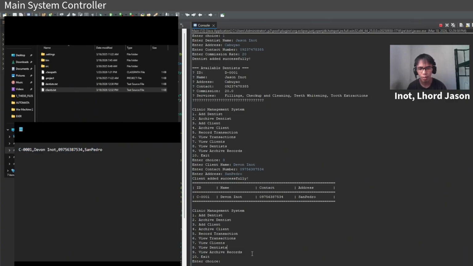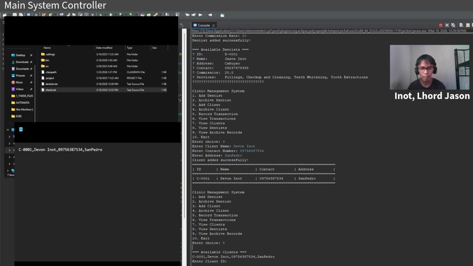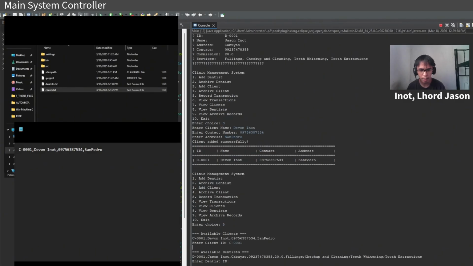So let's go for the transaction. Let's record the transaction. We're going to press 5. Then we're going to choose the available client who wants to record. We only inputted one client, so it only shows one. So let's add the records. First we input the client ID.